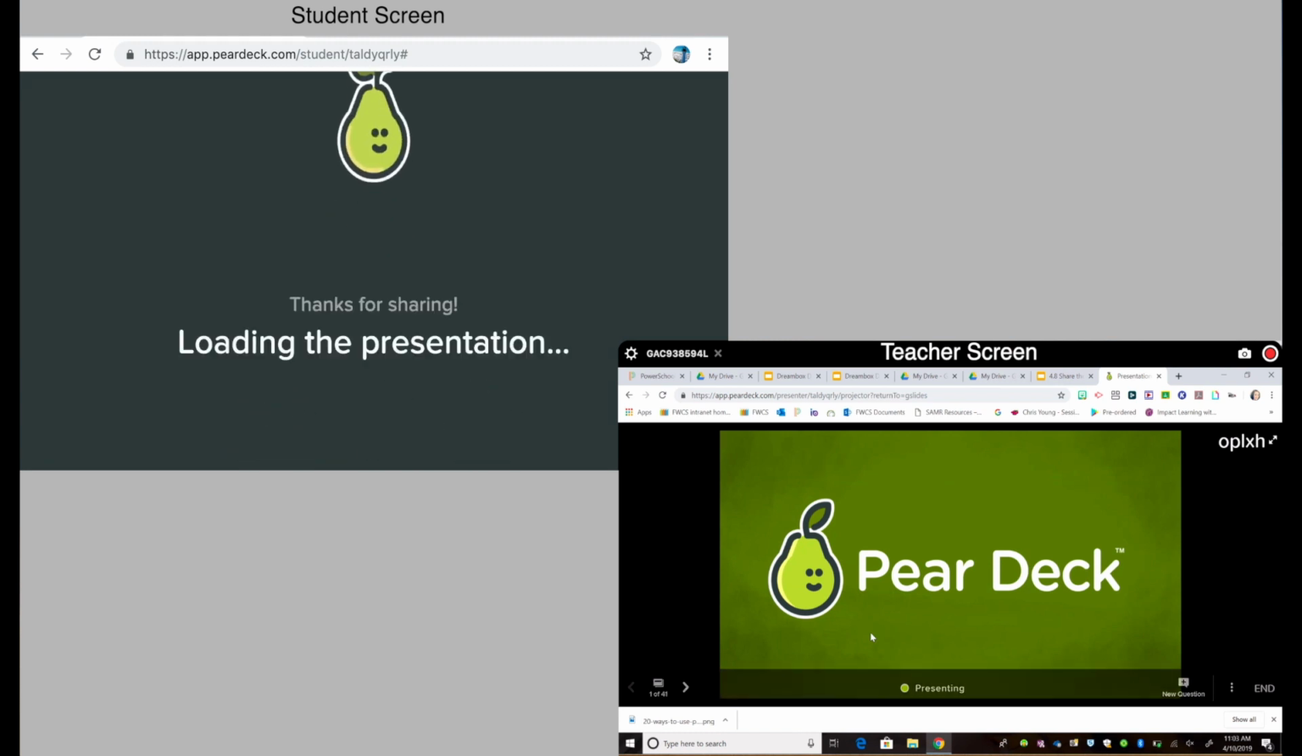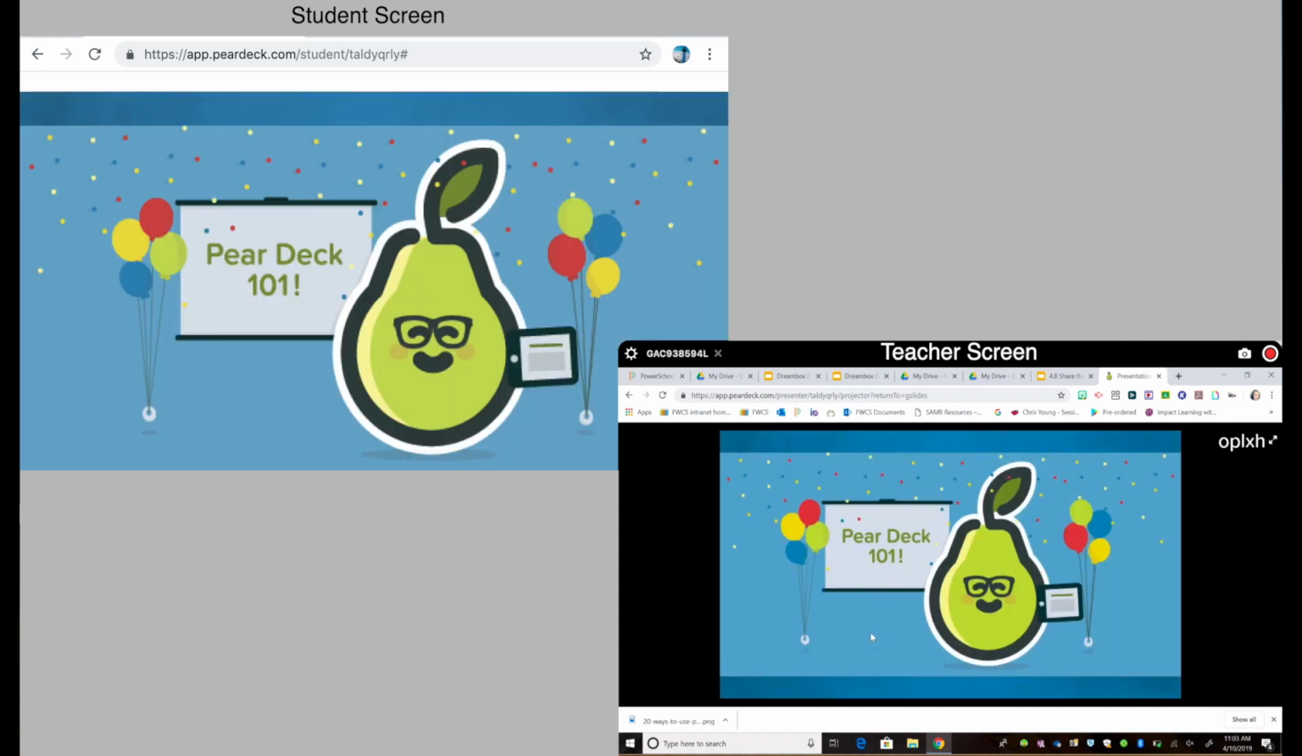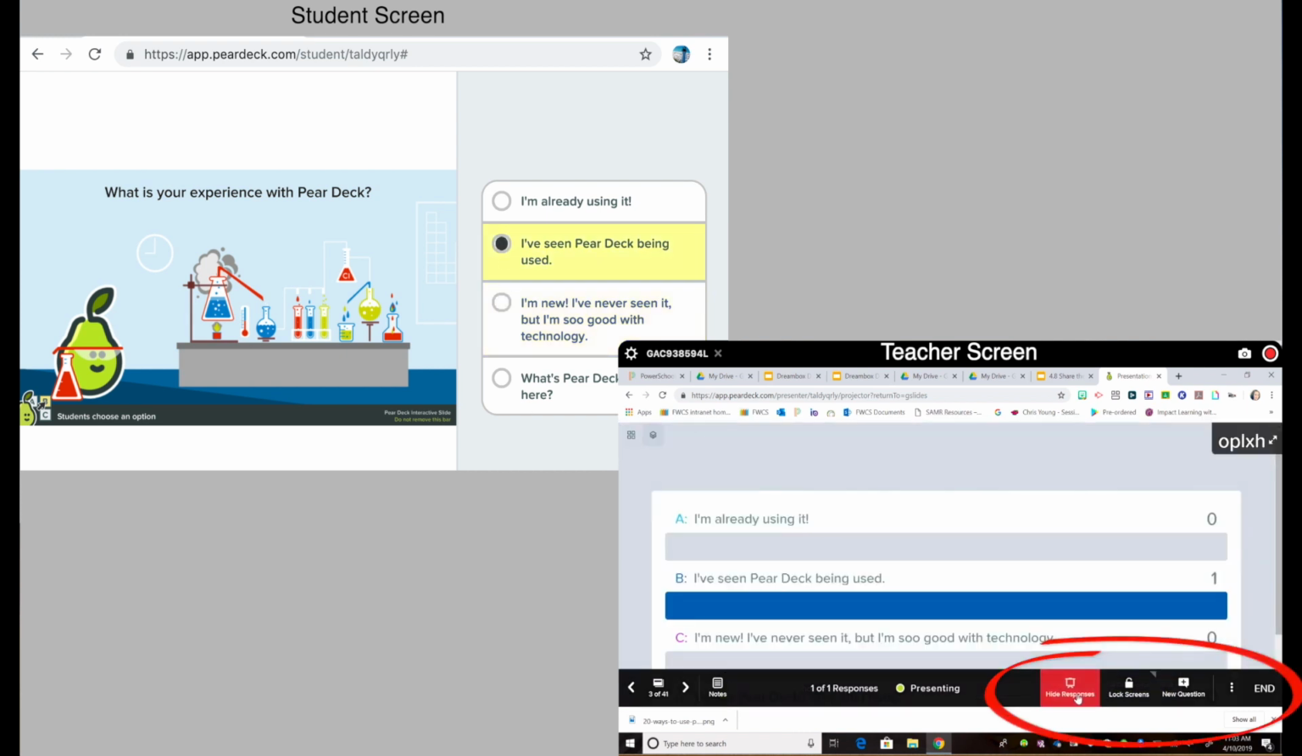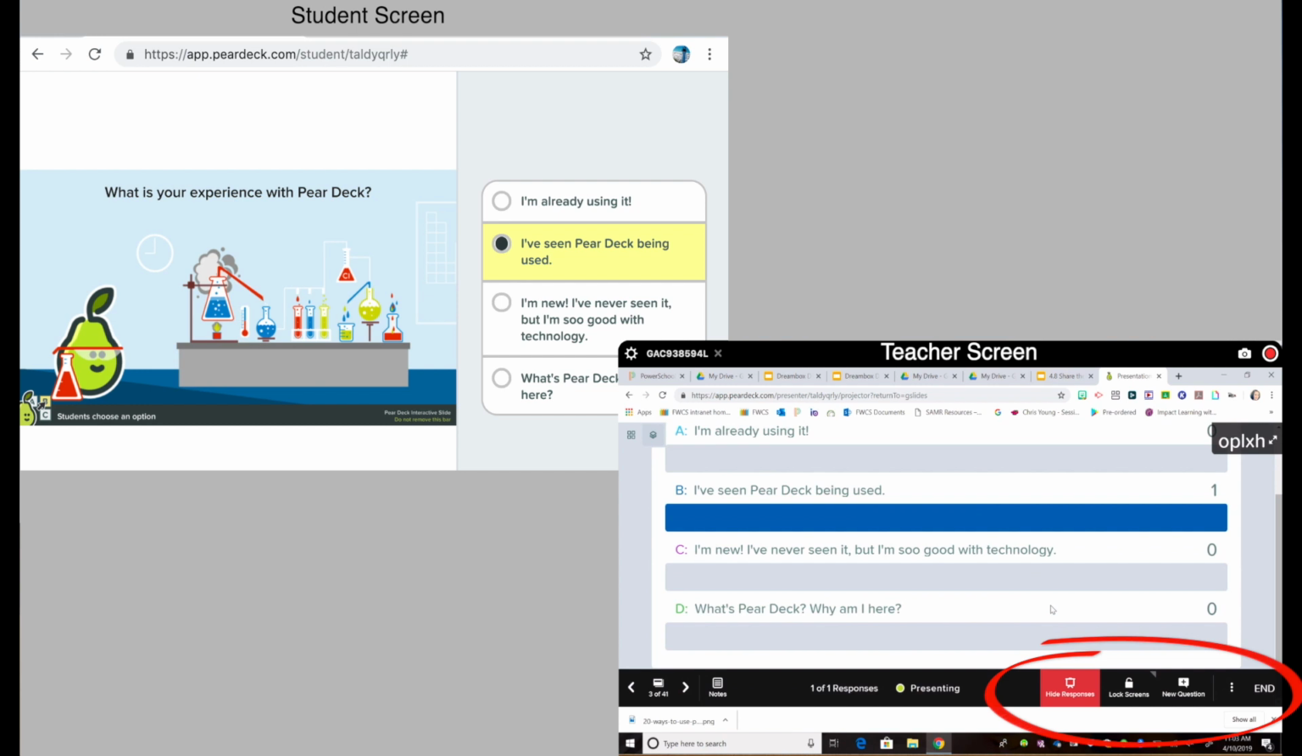So what's happening on my screen is also mirrored on the student's screen. So any content you want to share or questions that you want to ask are immediately on student devices. For this first slide, it's a multiple choice question. So when students respond as the teacher, I can click Show Responses, and I can see what my students have